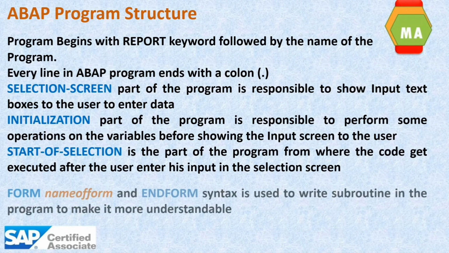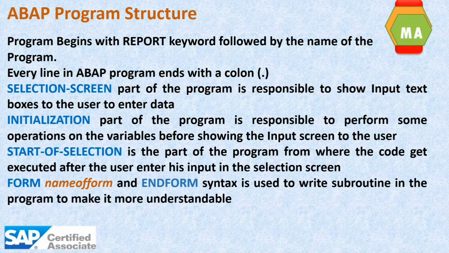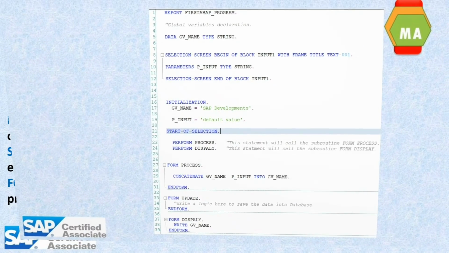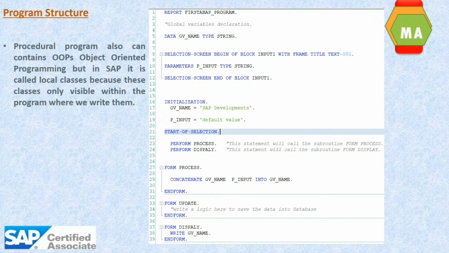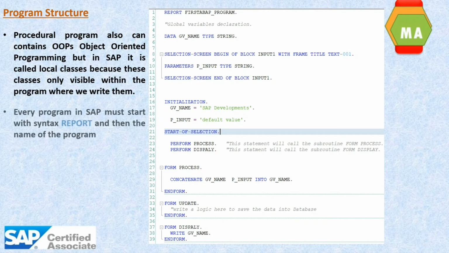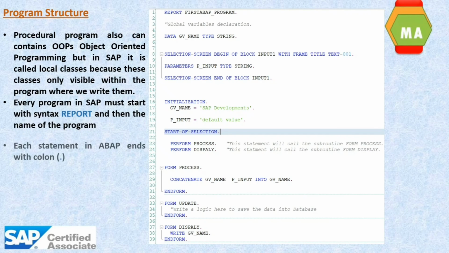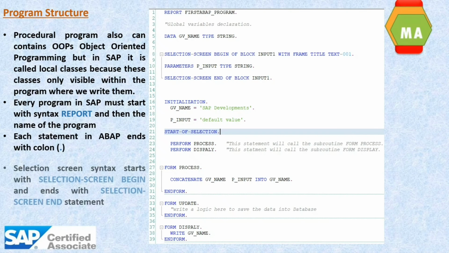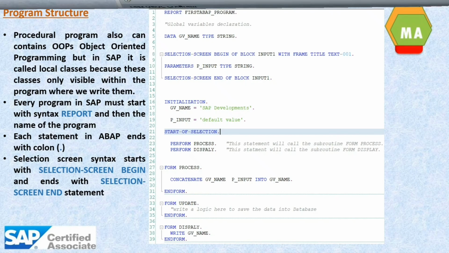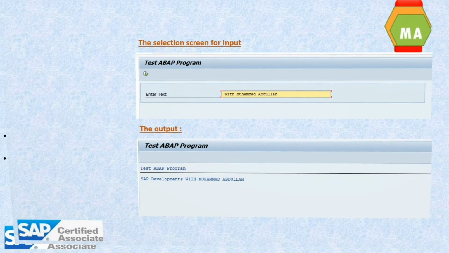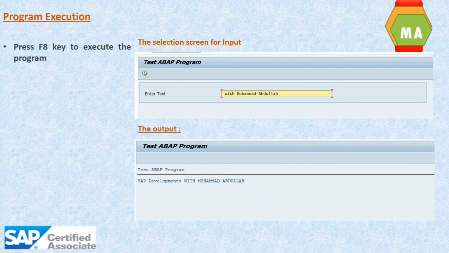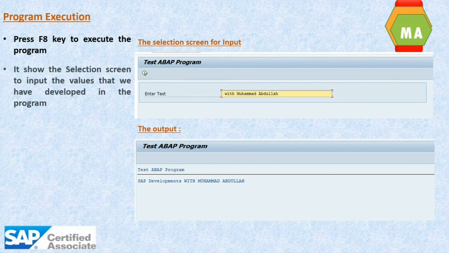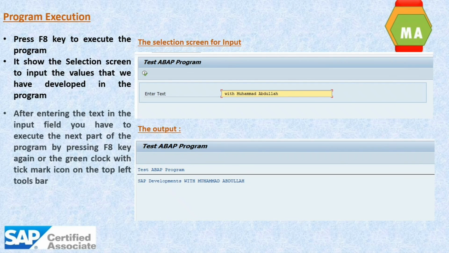Form and end form are the keywords used to declare a subroutine. To declare a variable after the report line, you will use the data keyword followed by the variable name, and then type is the keyword and then the type of the data, that is string in our case. We have written a small program that inputs a value from the end user